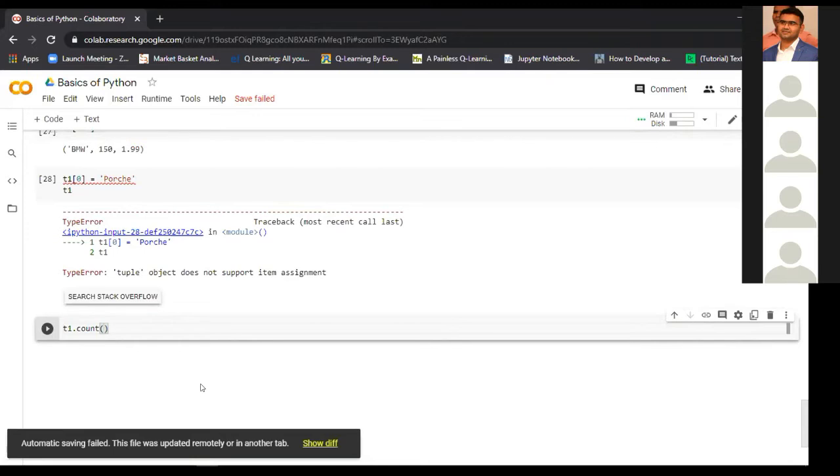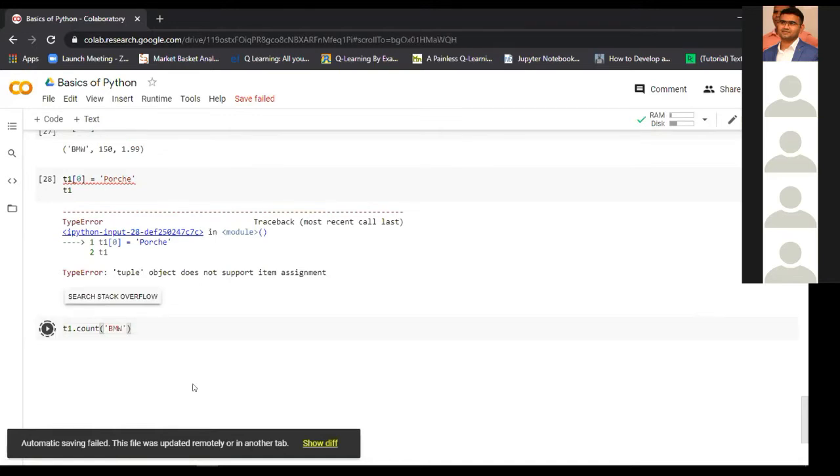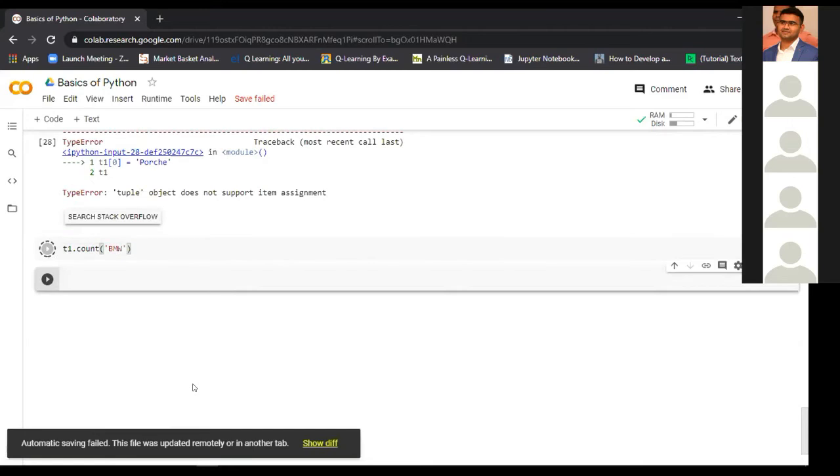It will count how many times a particular element is present. So we have the BMW one time, so it will give us that BMW is present one time in that tuple. This method is available for all the iterables.